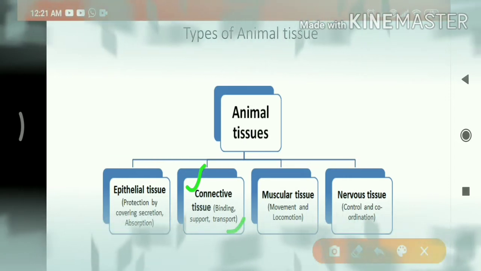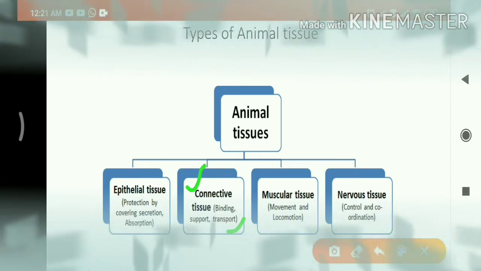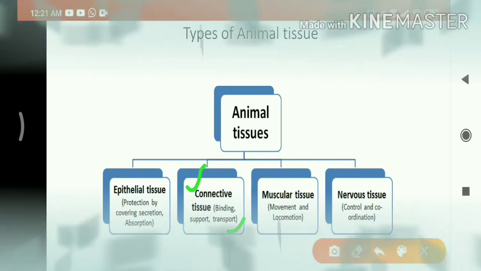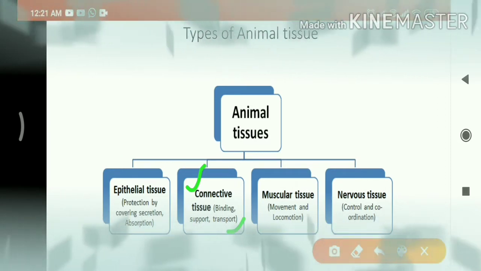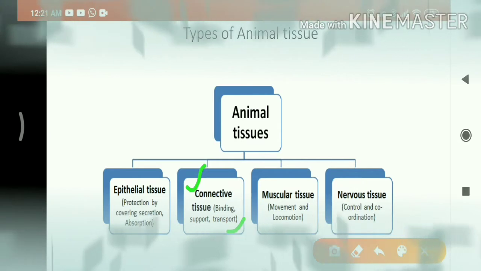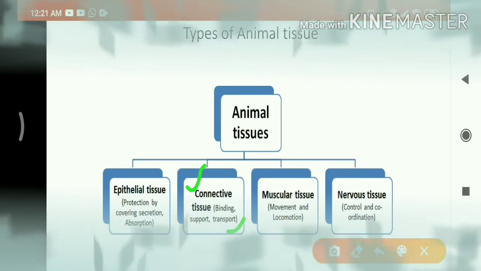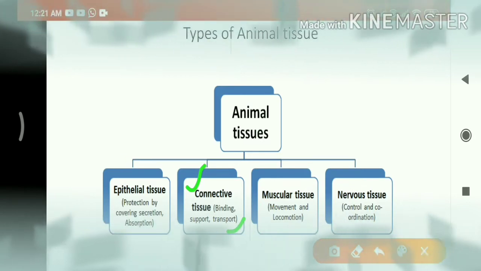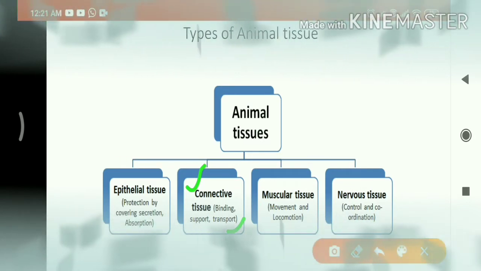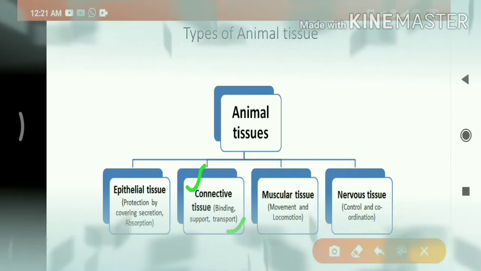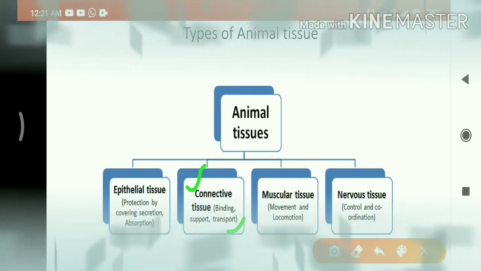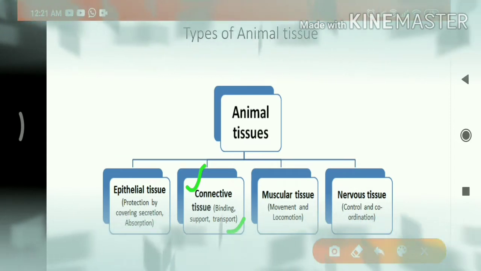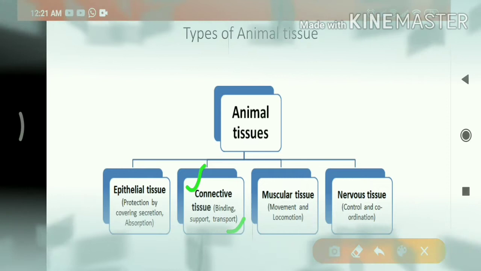So epithelial tissues are for preparing that. When all your organs are ready, you prepare the kidney, you prepare the lungs, all. So what is the next requirement? To attach all the organs. For attachment, what is required? The connective. To connect all the organs. So building support, transport, we need a connective tissue. For your model, you add the cotton, some thread you use,